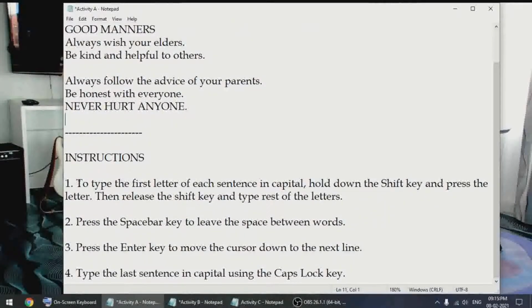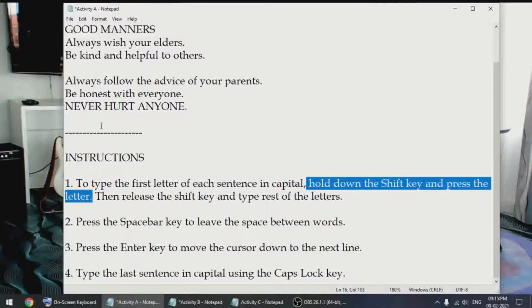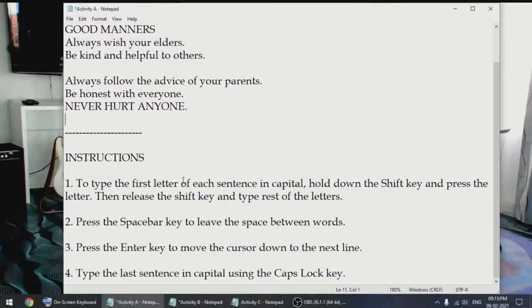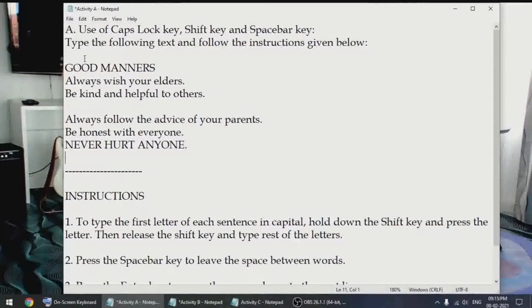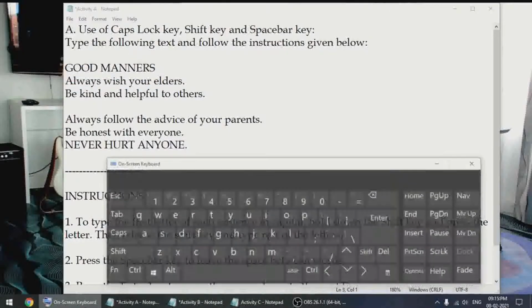To type the first letter of each sentence in capital, means all these in big letters, hold down the shift key and press the letter. I'm going to show you on the screen how to use the shift key. And for your example, I am going to be typing good manners over here.